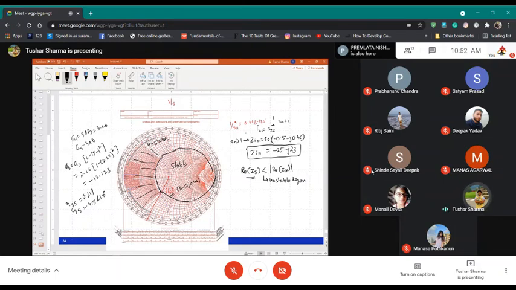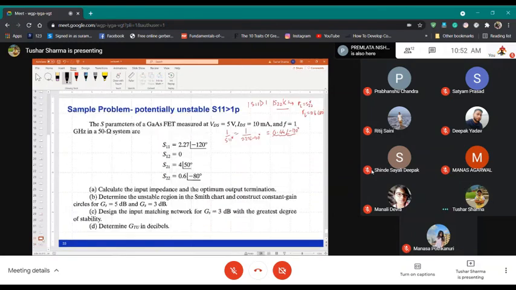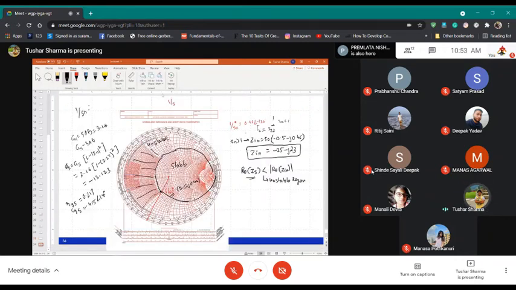Okay, so first mark 1 over S11 in this case. So S11 we know, S11 was how much? 0.4 angle 120. S11 is this, so 1 over. So this becomes what? 0.44 angle 120. So ये इधर है. So 0.4 is this. So approximately this impedance will be my 1 over S11.